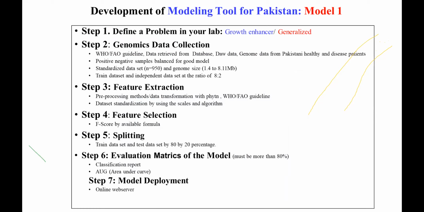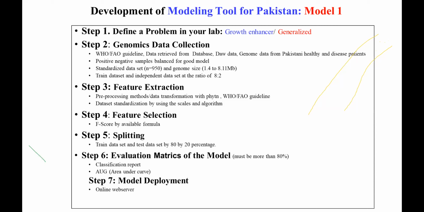You have to define what problem. As I also told you, if your target is just to improve growth health, you have to select data from all over the world, from the Genetica database, right? NCBI, another genomic database, where you can take a huge number of data. Different types of researchers are working on this, and you can see the improved growth health.